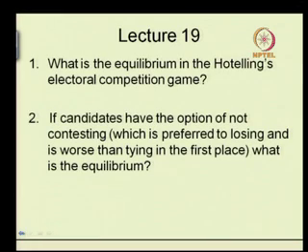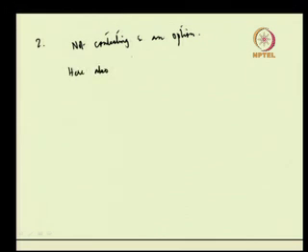So therefore all other cases of pairs of announcements where the numbers are different from M, they are not Nash equilibrium. If candidates have the option of not contesting, which is preferable to losing, and worse than tying in the first place, what is the equilibrium? So not contesting is an option. Our claim is that here also MM remains the Nash equilibrium, and the reason is this: